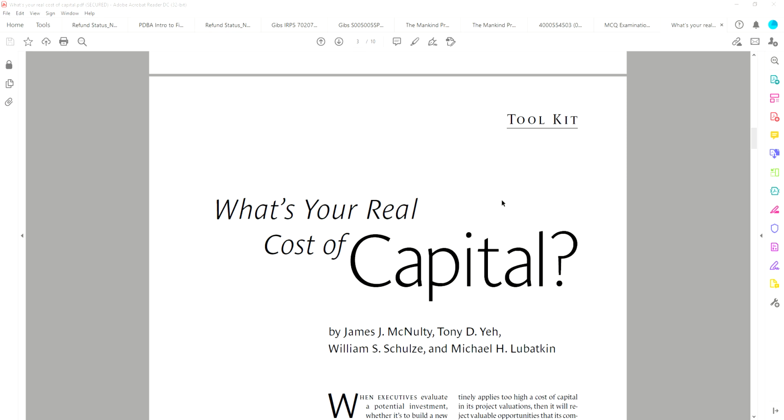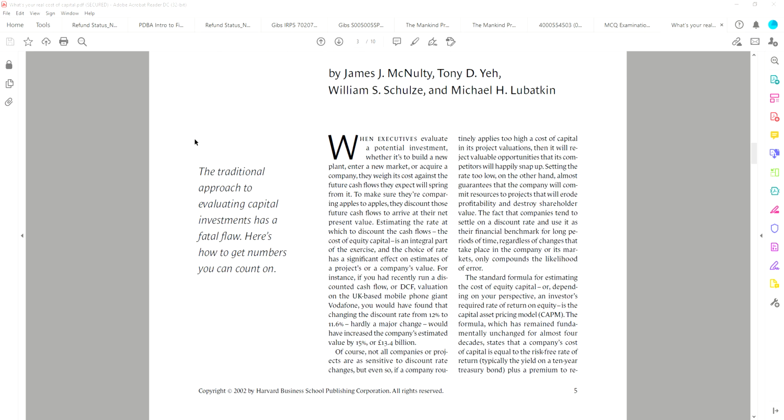Hello folks, welcome to this short video where we're going to talk about the capital asset pricing model, CAPM for short. You would have come across a reading in the material that is called "What is your real cost of capital?" And you may have noticed that this article was written in 2002,